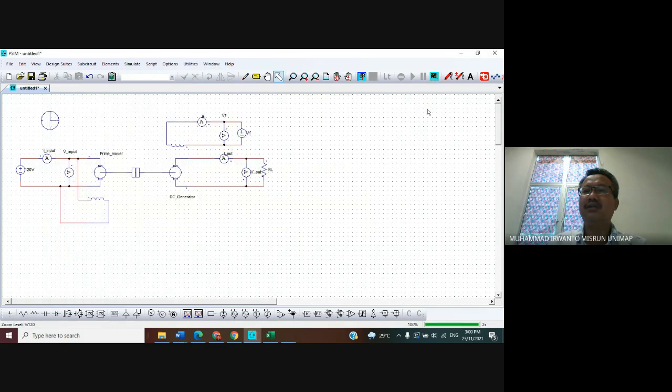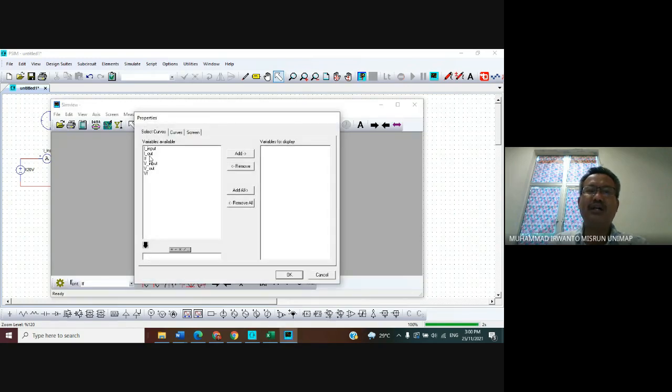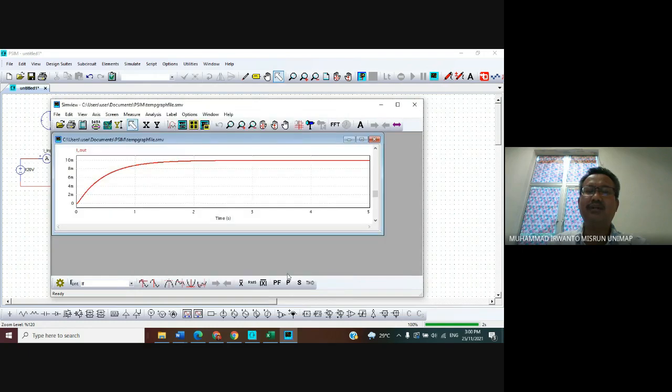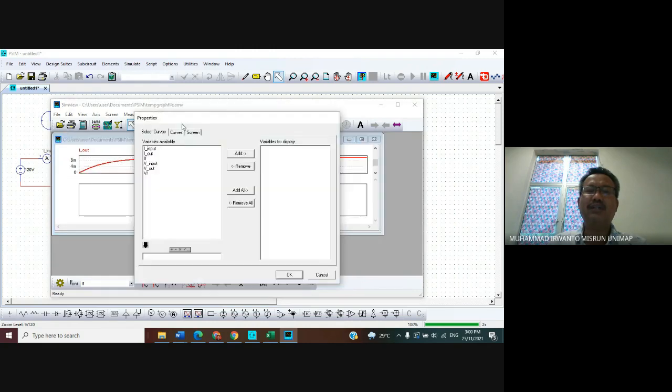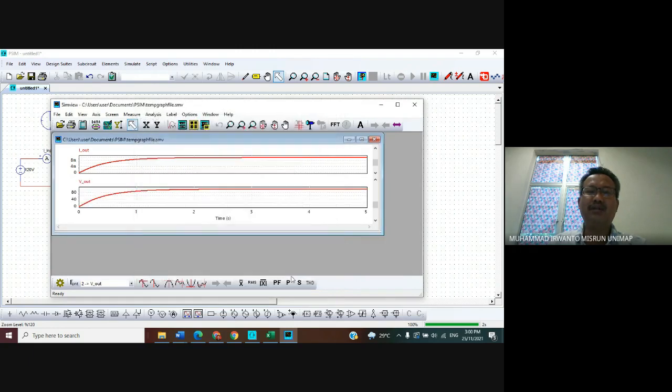I close here. Run. I observe the value of I out. Click I out and click button add. Click button OK for the output current. And then for the output voltage, just click the menu bar add one screen, choose V output, click button add and click button OK.